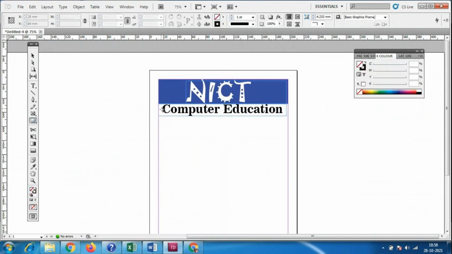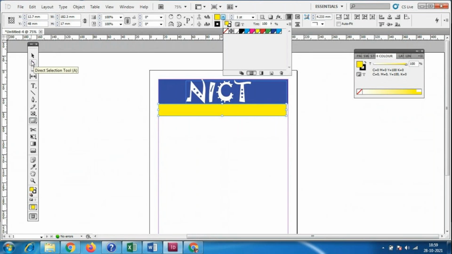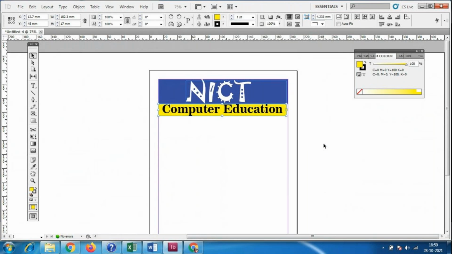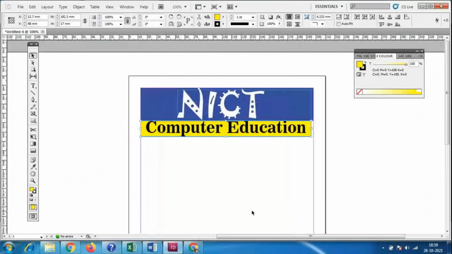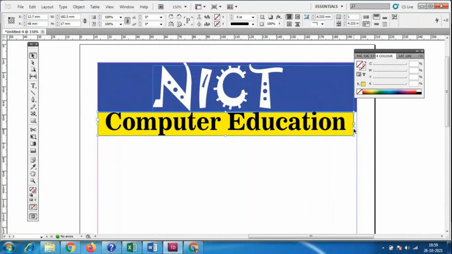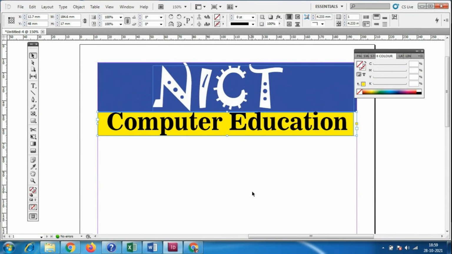So what I'll do, I'll select a separate box for this, and I will change the color. Whatever colors you want, I'll give the color. Select it like this, right click on this, arrange, and send to back. There is an option called send to back. Zoom it, and we have two boxes.